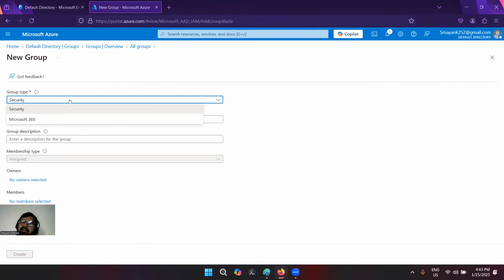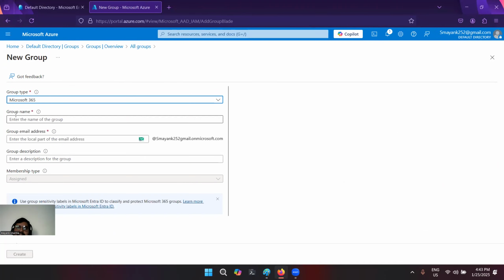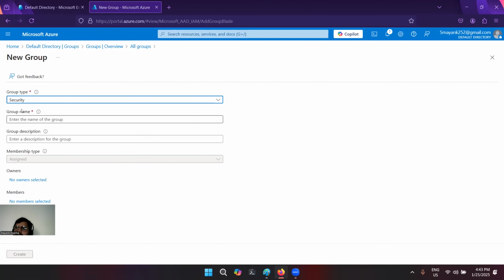Whenever you are creating groups in Microsoft, there are two types of group. The first one is Security and the second one is Microsoft 365. Whenever you are creating groups for Microsoft Azure, always select Security, because that is for our Azure portal. But as I said, most of the Microsoft services are aligned with the Microsoft Azure platform. If you already have an Office 365 setup that is also linked to the Active Directory you have in this portal,